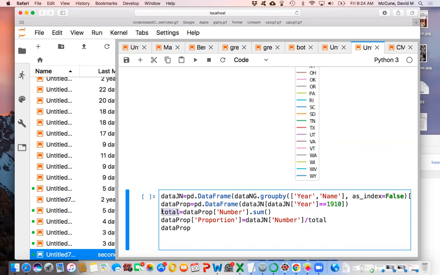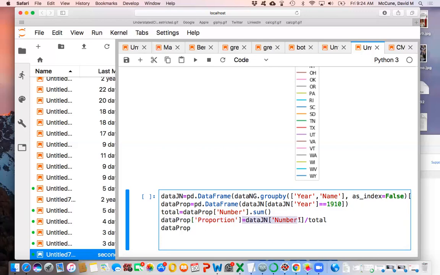And then notice what is total? Total is the sum of all the numbers. So it's the total number of babies being born that year. So again, there's like 50 Allens and 200 Jennifers or whatever, right? So if you add them all up using .sum, you get the total number of babies born that year. And then what is proportion? I'm making a new column called proportion.